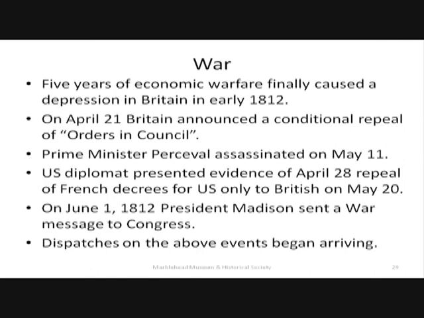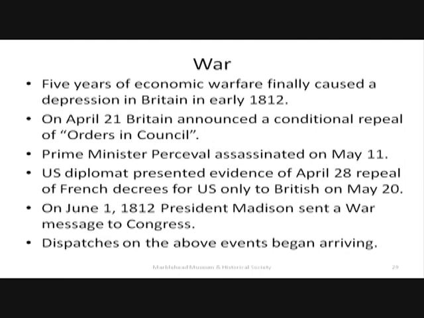Now we come to war. All this economic war that had gone on between Europe, the US, France, the continent, and England had finally just virtually stopped all trade. The British had merchant ships. There was nobody who would accept them. No one else was allowed to go there. The problem was their goods were just piling up in warehouses. They had to let men go. Pretty soon they had a major depression on their hands. Certainly a lot worse than anything we've got now.